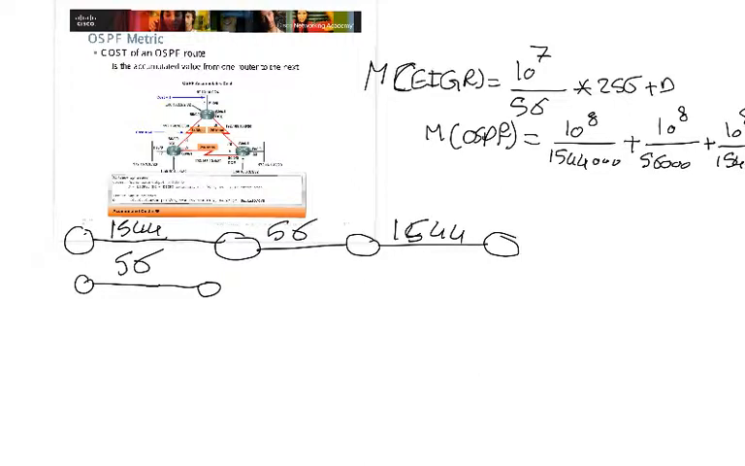This is the reason. Okay? So for OSPF, we use only the bandwidth. For EIGRP, we use both bandwidth and delay, plus reliability and load if we need to include those. So going back,